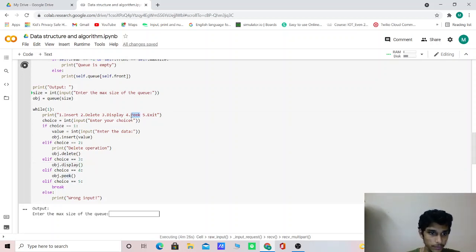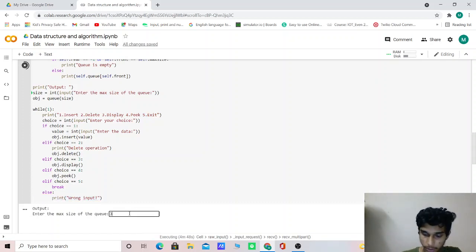If we give 4, it will peek the value. If we give 5, it will exit the entire program. Else if we give some other number which is not relevant, for example 6, it will give wrong input.